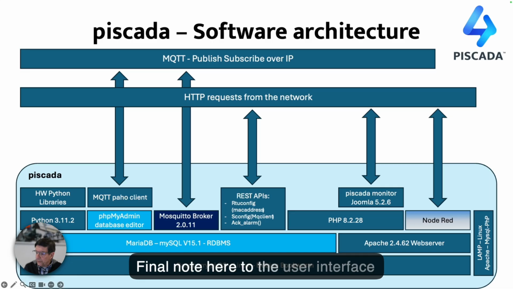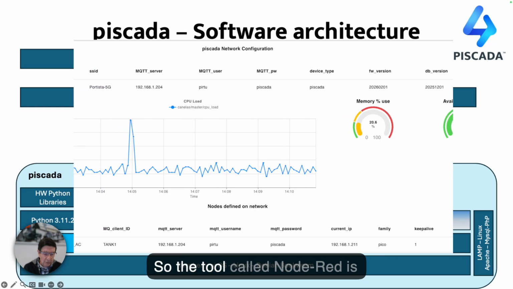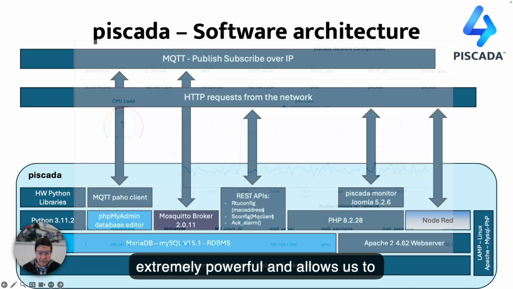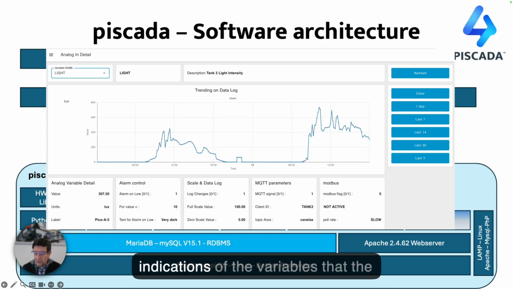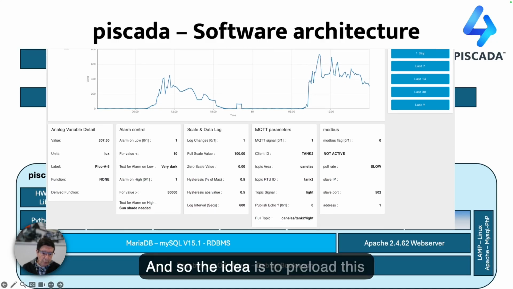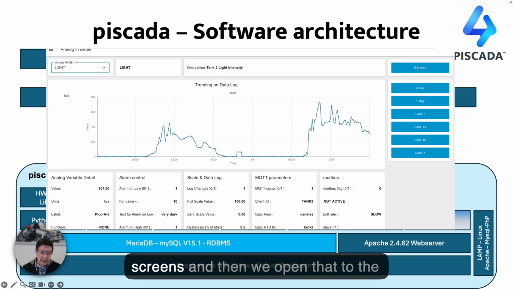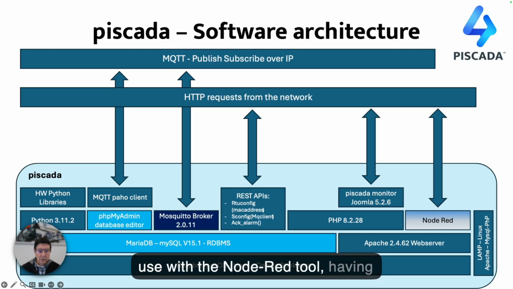Final note here to the user interface for a more flexible solution. The tool called Node-RED is extremely powerful and allows us to create screens, SCADA screens like we're used to see in SCADA systems, with all the indications of the variables that the user has. So the idea is to preload this Node-RED with several SCADA screens, and then we open that to the design of the user or the integrator to design whatever screens you want to use with the Node-RED tool,